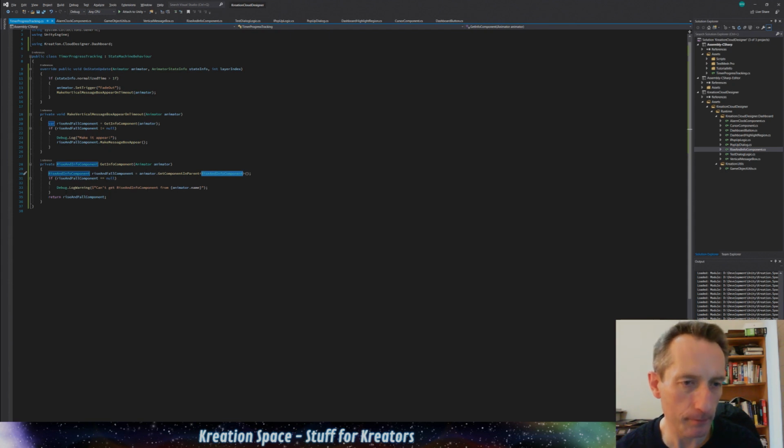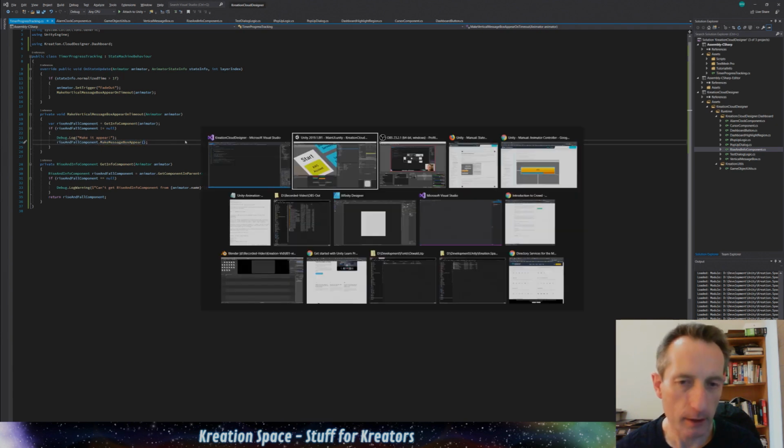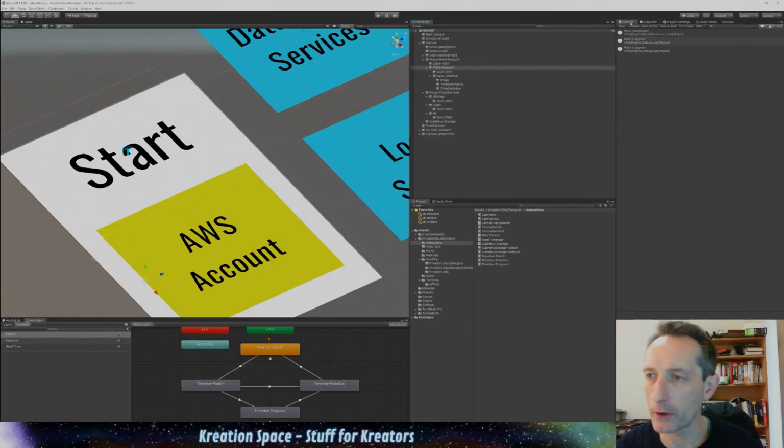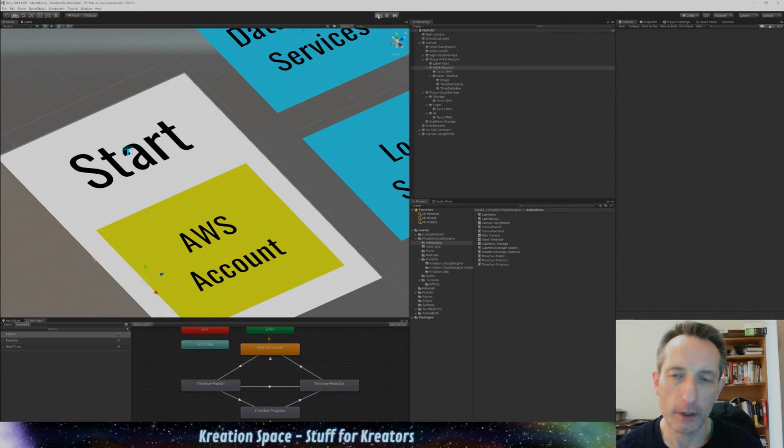Back up here, this is where we call that. So here we get that value, we check that it wasn't null, and if it wasn't null, then we say, just for debugging, I've added this just now, we could get rid of this one actually, we log to the console, make it appear, and then we use this reference that we just obtained to make it appear. Let's see that in action. So first of all, go to the console, and you can see I did some debugging, so I know that works. But basically, if we clear this,